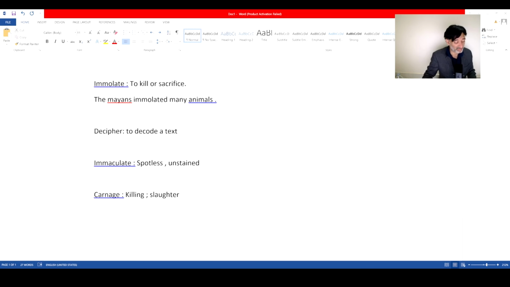I'll move on to the next word, demiurge. Have you come across this word, demiurge? What's a demiurge? It's a being that is responsible for the creation of the universe. A demiurge is a maker or a creator of a world. Is a demiurge a god? Kind of. He's the creator of the world, right? In Platonic philosophy, you might come across this word. The maker or creator of the world is a demiurge. I'll just write it down.